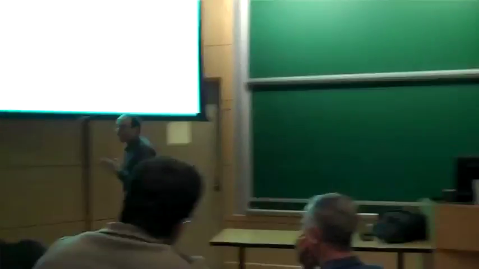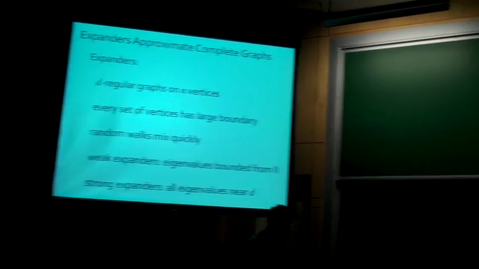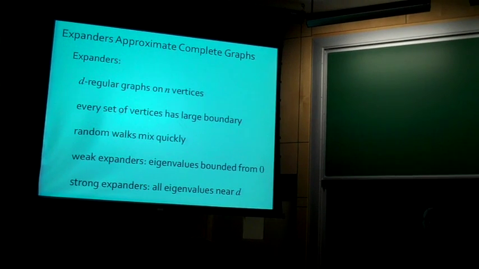Usually we think about an infinite family of graphs, where the degree, the number of edges attached to each vertex, remains constant as the number of vertices grows. An intuitive definition is roughly that every set of vertices in an expander graph has a very large boundary. If you take any set of vertices that's less than half of them, a constant fraction of the edges attached to them will be leaving. That's true for all of them. You can define them other ways. You can define them by saying that random walks mix very quickly on them, as quickly as on any other graph in some sense.